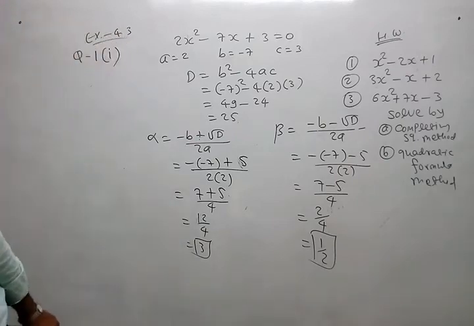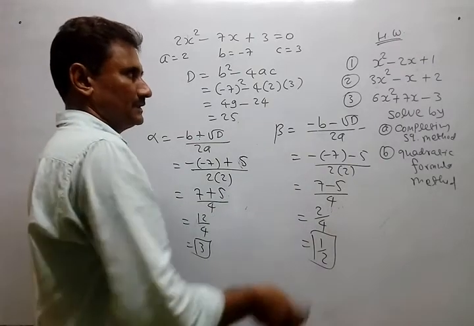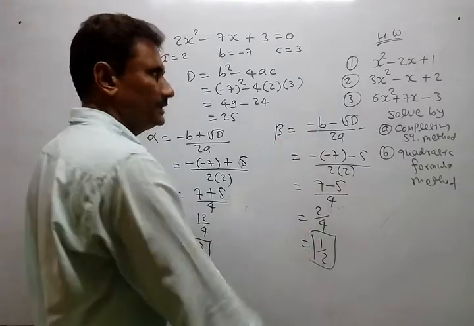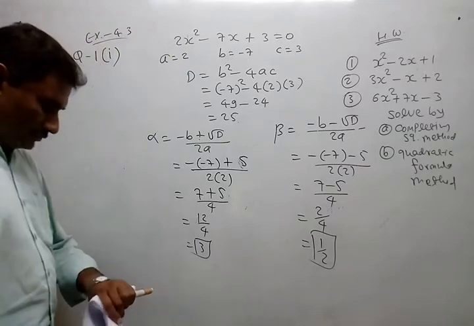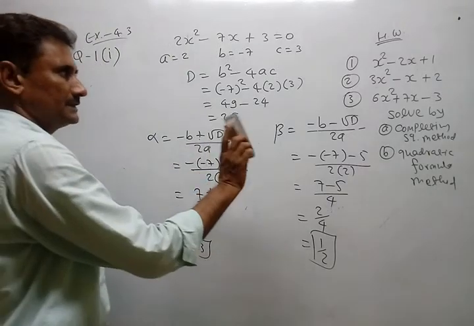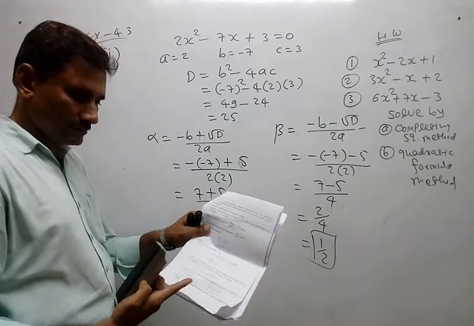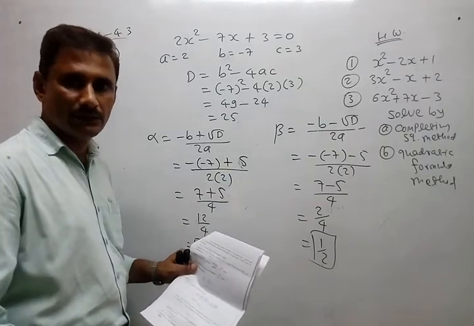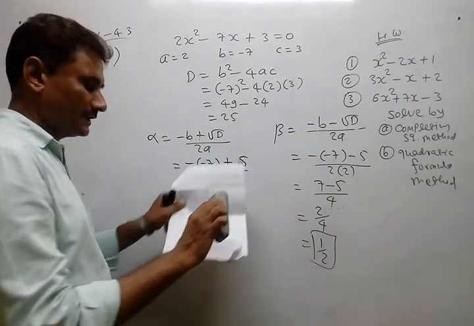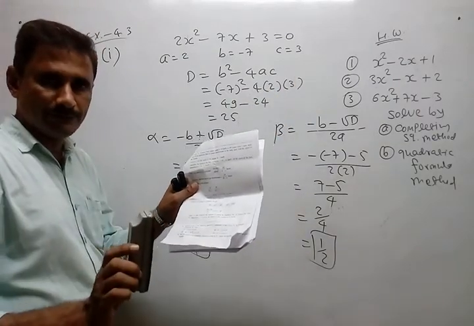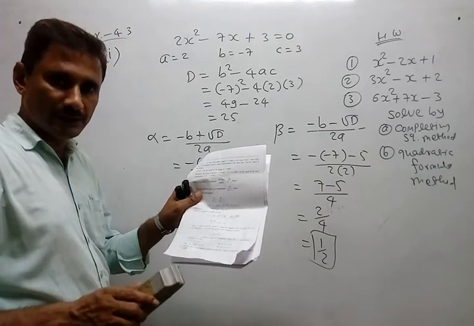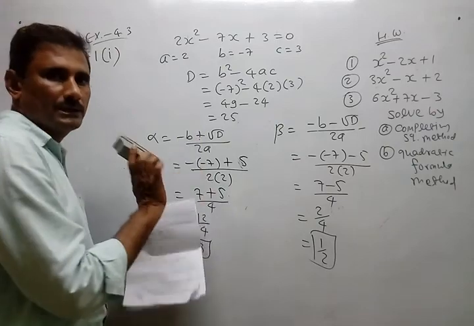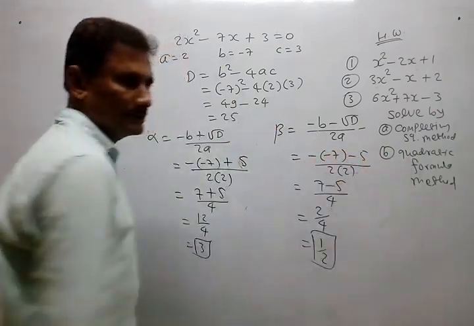So this way both methods are possible. Even the factorization method is also possible, but we practiced it well, so I am not giving it again. I hope you understand both methods, and the remaining sums I will solve. Questions 1, 2nd, 3rd and 4th in the next lecture. I am only giving you extra sums. Textbook sums I will solve. I will solve all sums by the completing square method, and the remaining 3 sums I will also solve by the quadratic formula. Okay, thank you.